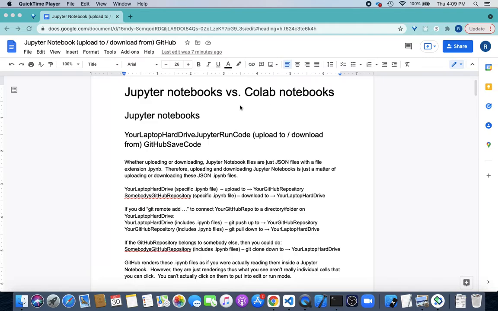So if you want to run Jupyter Notebook, you do it on your own laptop hard drive, and you run Jupyter. So like I said here, your laptop hard drive, and Jupyter runs the code from your laptop hard drive. When you enter Jupyter, you can navigate to the specific .ipynb file on your laptop's hard drive, and you run it. So there are videos that show you how to do this. But I want to make the distinction between this